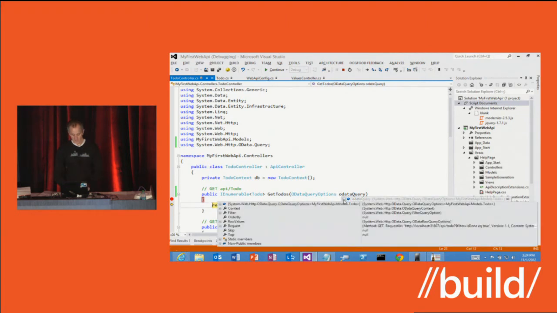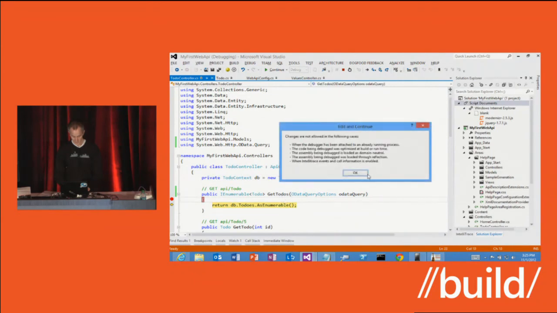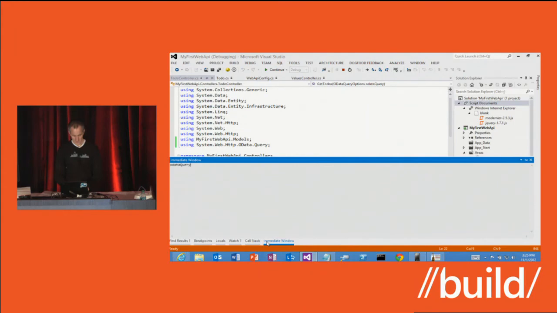So with this OData query options, I do have the ability to apply the query to the return result. Let's look at OData query dot ApplyTo. So this method takes an IQueryable, and you can say, please convert the query to a LINQ expression for me and apply it to the query. You can do that.